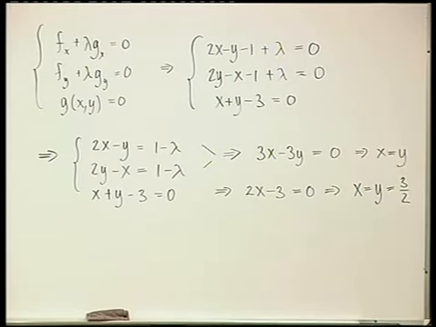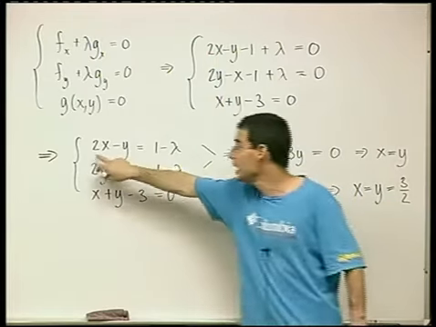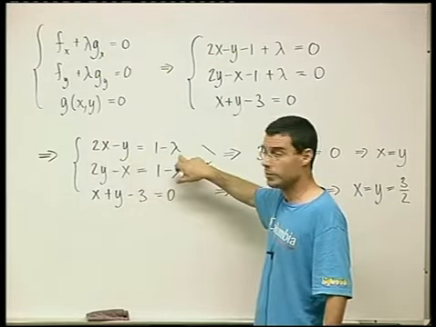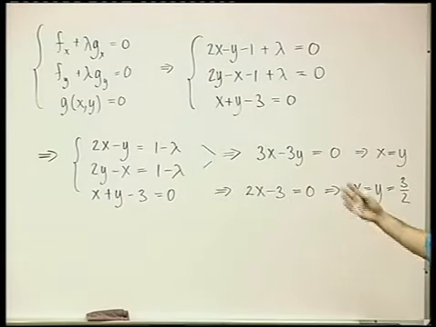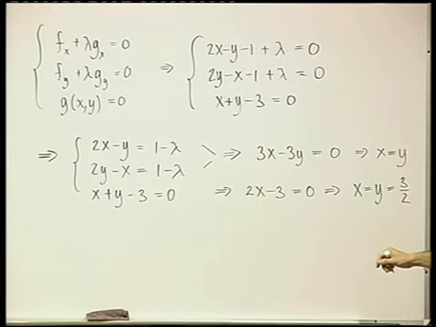Clear? And note that in this case, I did not find lambda along the way, and I don't care what lambda is. I can find it now. I can plug in x equals 3 over 2, y equals 3 over 2, and find lambda, but I don't care. Lambda is kind of an auxiliary variable here, and I don't really need to know what the value of lambda is. Yes? Is it just a coincidence that in step 2 you found